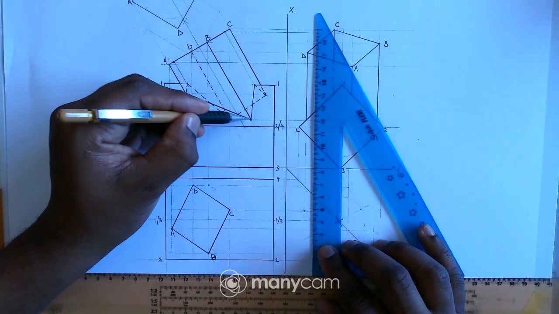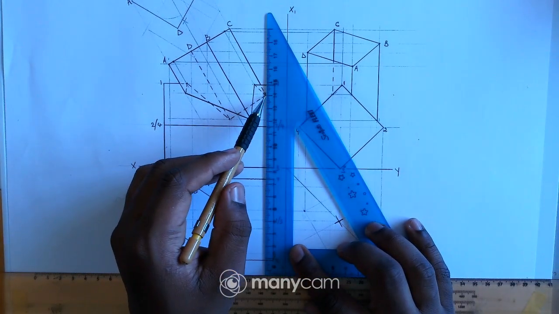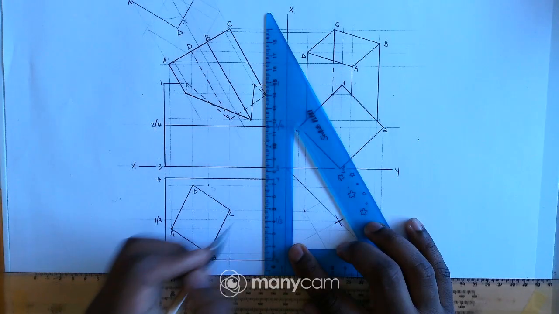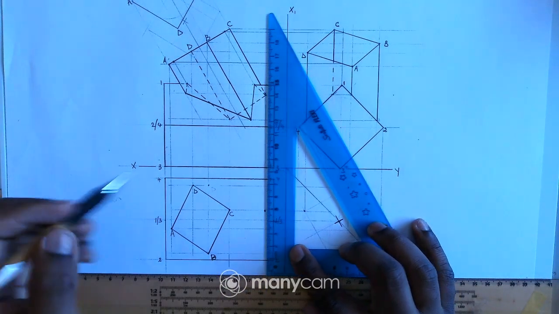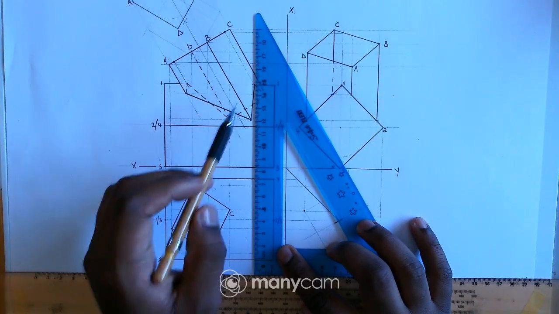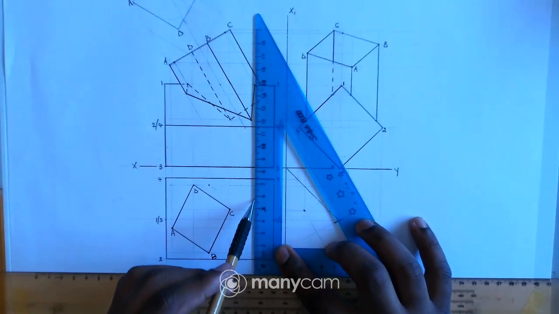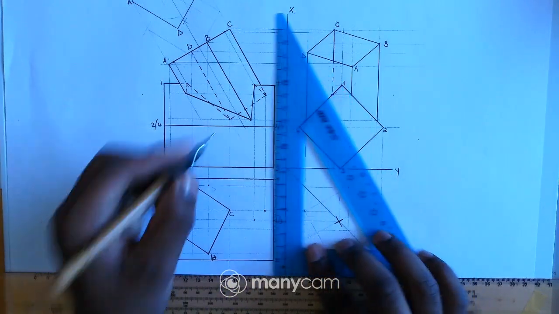So from here I'll just project these points down to our top view there. So I'll start with this point there. This is line C, right? So where is C? C is there. That means I have a point there, and this point as well. This one is right there.